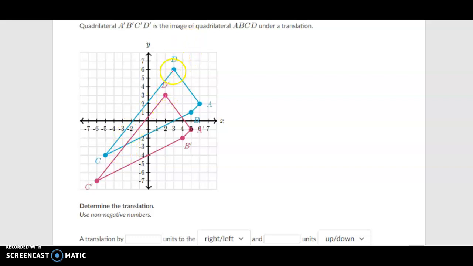So to go from D to D prime, remember, the coordinate without the little dash is where you started, and the coordinate with the dash is where you ended up. So we're going to have to go 1 to the left, and we're going to have to move 3 down to get to the next point. All of the points are going to move that way to end up in a translation